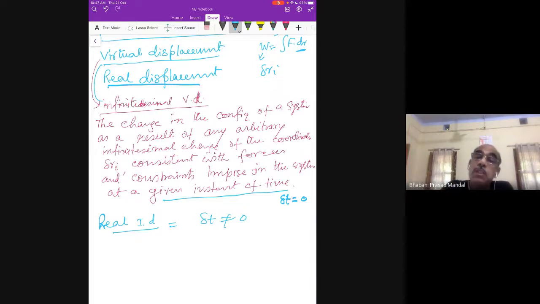Forces also evolve. If it is a time dependent force, or a force which changes, then the forces at the beginning of the interval and at the end of the interval change. So you have to deal with it differently. For real displacement, you have an interval where the displacement is happening. But when we define virtual displacement, that is why it is virtual. It is difficult to imagine; it is the displacement at an instant of time, no interval. So that is the difference between real displacement and virtual displacement.